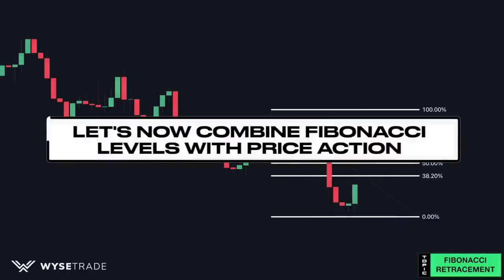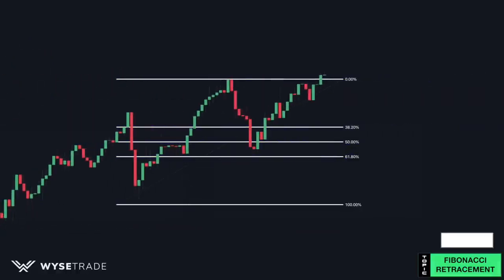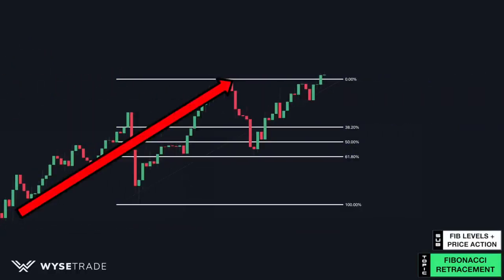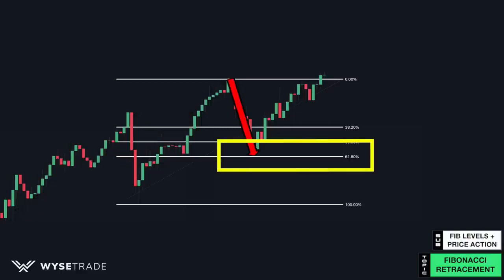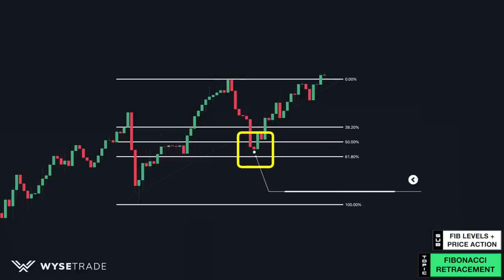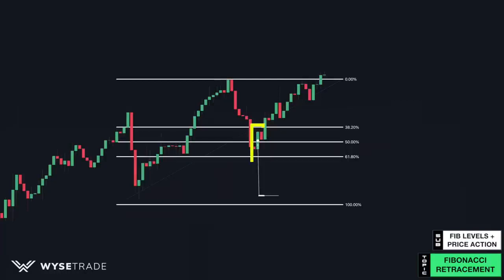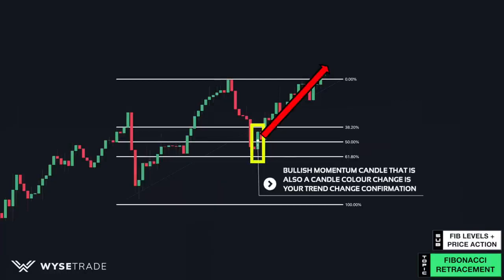Let's now show this combined with price action. You have your uptrend through the higher highs and higher lows. Price pulls back to the 61.8% Fibonacci level, which represents a very deep pullback in an area of value within a moving uptrend. You had long wick candles form right at the Fib level, showing that price is indeed reacting to the Fib level. You then wait for a trend change confirmation before taking long trades, which you had through the bullish momentum candle that is also a candle color change. Now in the opposite direction,